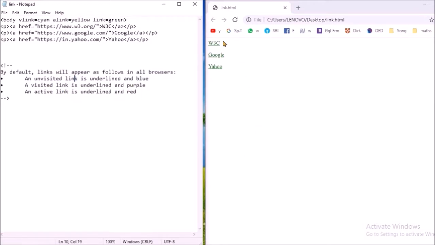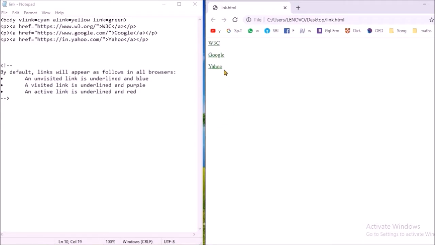But here you will see something else, because here we have given a setting, a different kind of attributes. Attribute changes property of tag. So now all the active links will be yellow, visited links will be cyan, and unvisited links will be green. So here you are seeing all three links in green because they are unvisited.